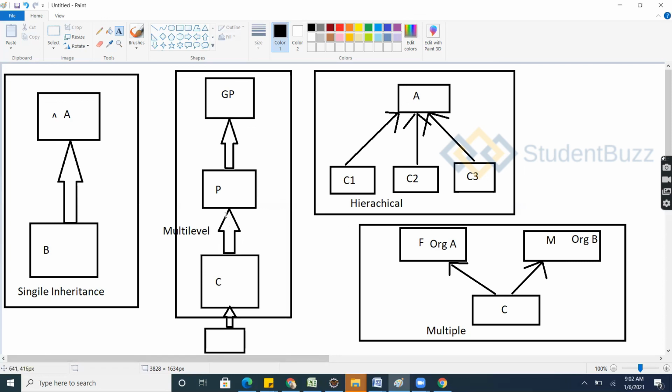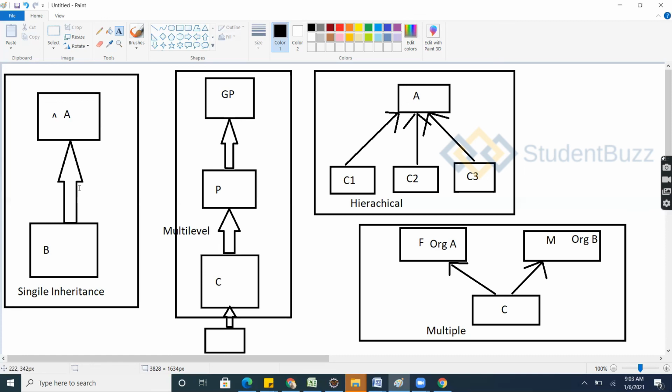So this is all inheritance. Basically, we have single inheritance, multi-level inheritance, hierarchical inheritance, and multiple inheritance. So these three are possible: single, multi-level, hierarchical.